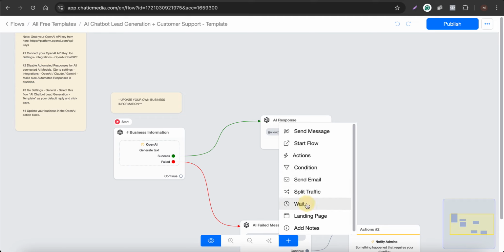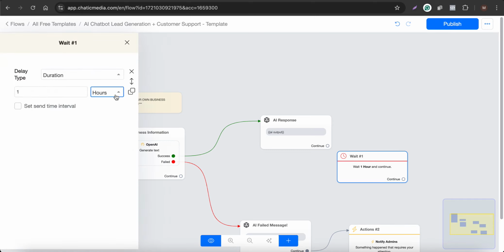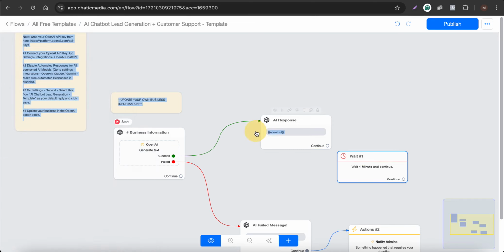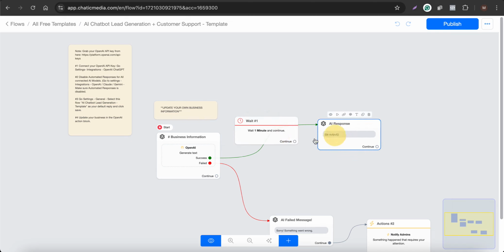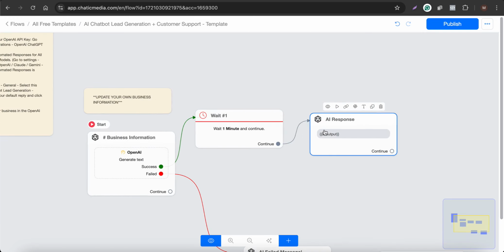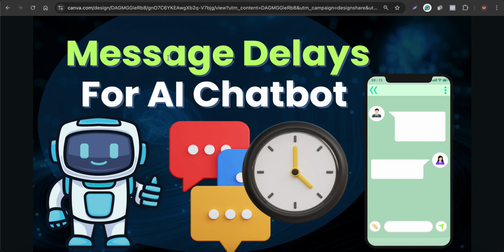You can add the wait delay block right here and choose 1 minute, and before you send this AI response to the customer, there will be a 1 minute delay. So whenever a customer asks a question, it waits for 1 minute and sends the response back to the customer. So that's a quick video on how you can add